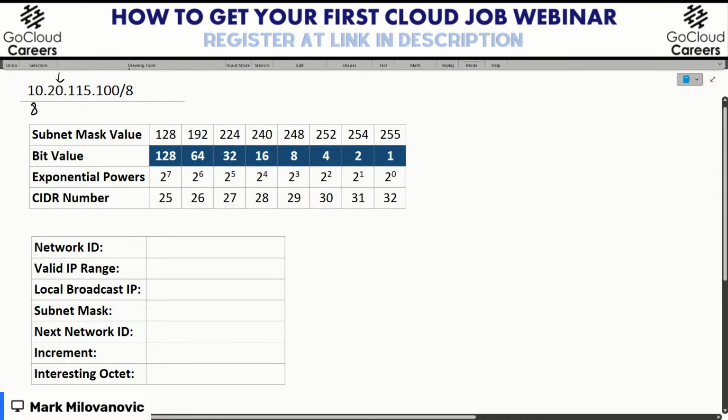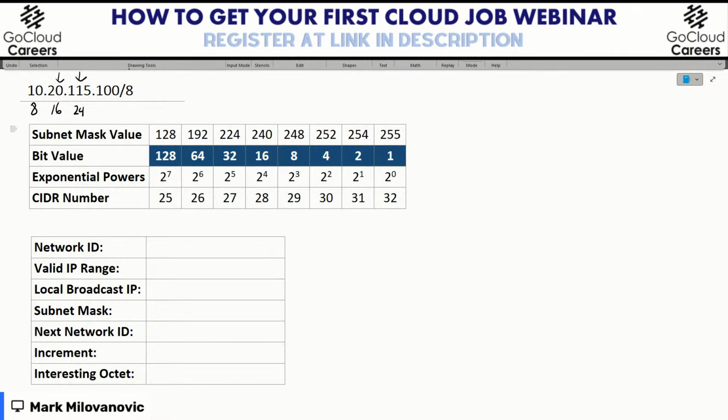So this would be 8, then this has another 8. Here would be 16 total if we add 8 plus 8. Then the third octet would have an additional 8 bits, giving us 24 total bits. If we used all these bits up, and right now we're not discussing whether it's for subnet or host, just in general, we would have 32 bits, a combination of 32 zeros and ones. And that is the actual size of what we have available when it comes to IPv4 addresses.